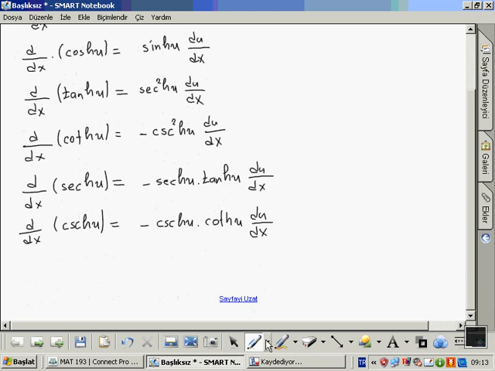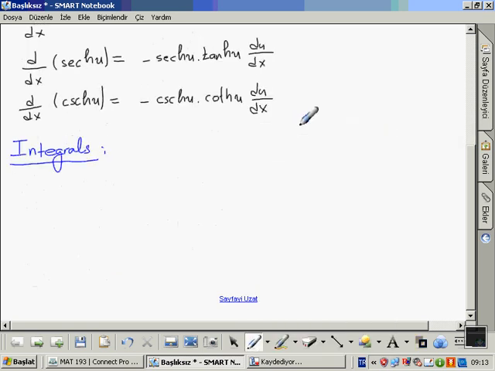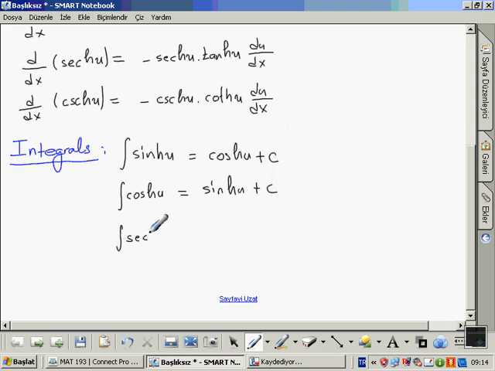Okay, and what about integrals? The integral of sinh u equals cosh u plus c, and the integral of cosh u equals sinh u plus c, okay, and the integral of sech² u equals tanh u plus c, and the integral of csch² u equals minus coth u plus c,